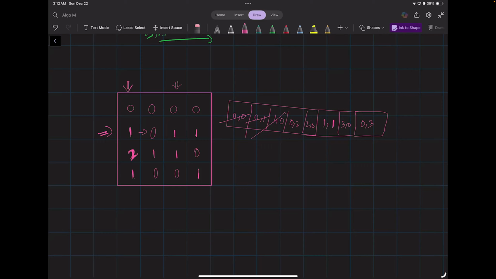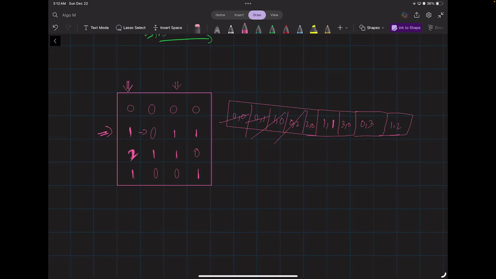So 1 comma 2 is pushed. So we have that in queue. Now what can it do? Nothing. It will go out. Now we are at 2 comma 0, and